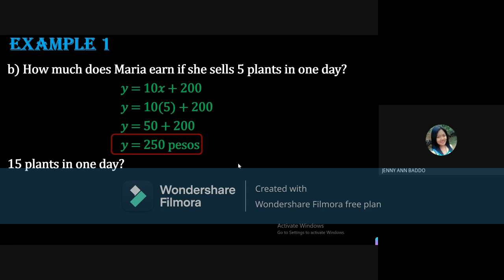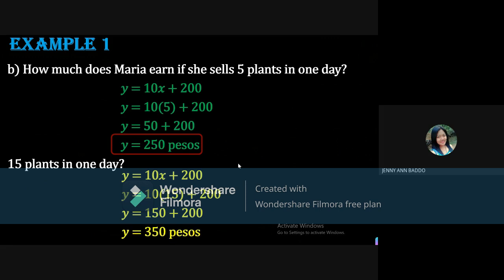So again, here we have x equals 15. So using our working equation, we have y equals 10x plus 200. That's our linear function. By substituting x by 15, we now have y equals 10 times 15 plus 200. 10 times 15, that's 150, plus 200 is